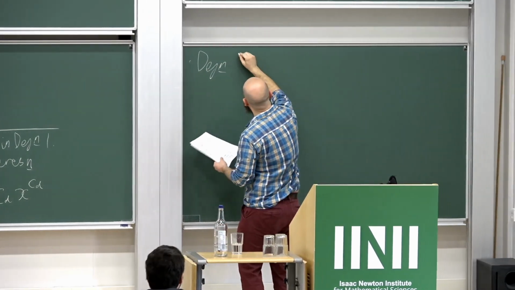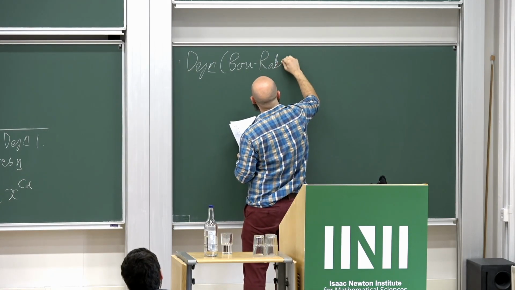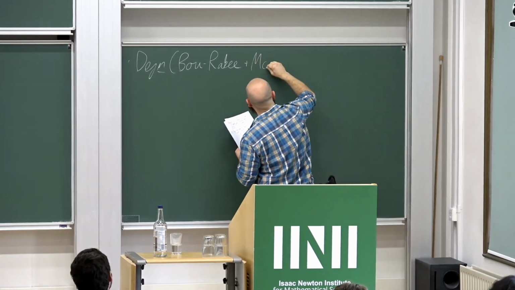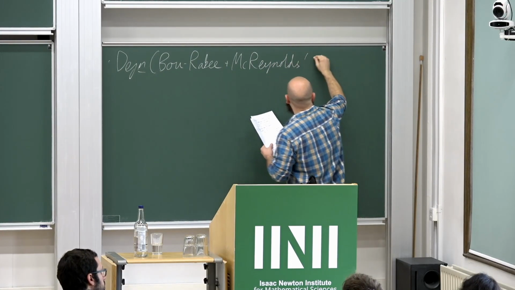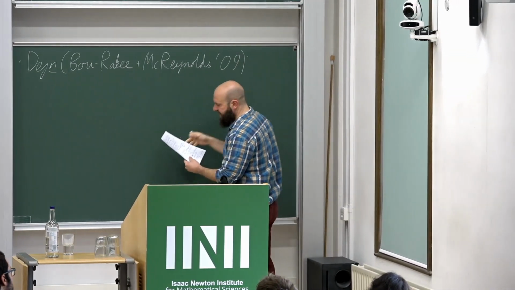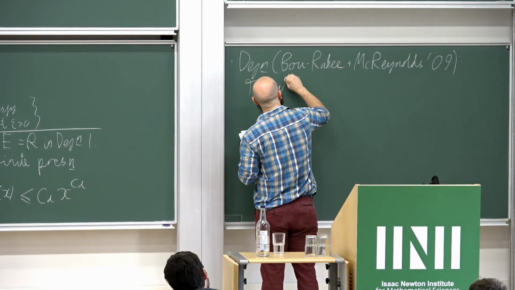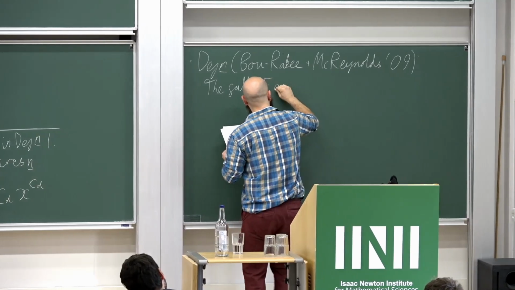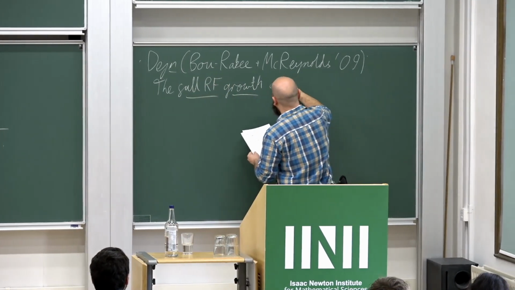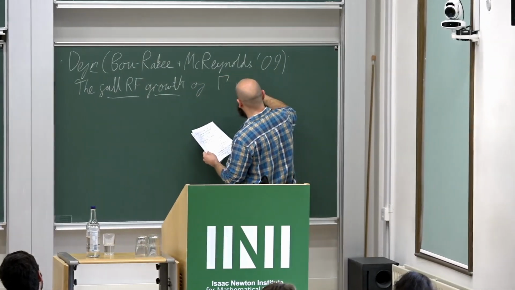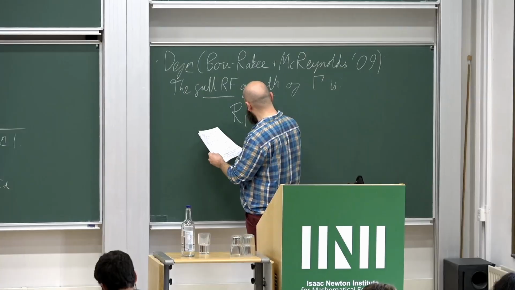A quantitative notion of residual finiteness was studied extensively by Khalid Bou-Rabee and his collaborators. And the version that's most relevant to me was introduced in a paper of his together with Ben McReynolds. And this is the so-called full residual finiteness growth of a group gamma. And this is defined to be, so this is written in curly R,